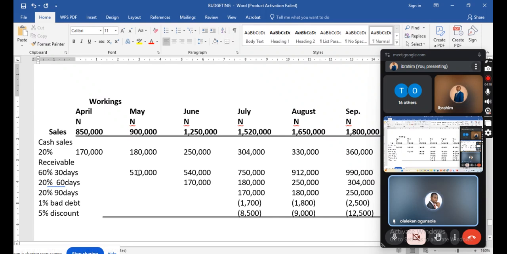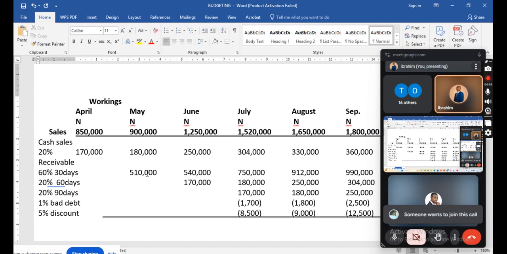So what I now did was, when we did the cash, we still have 80% left. So I had to multiply by 80% of that cash. So that's why I got that 468 for June. Yes, the first answer for April will be for May. That's why I got the 408 before 468.